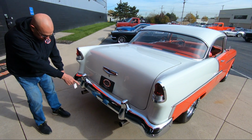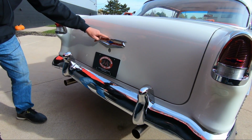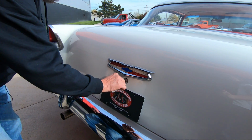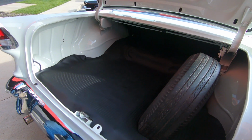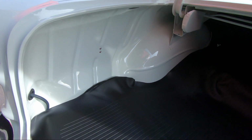You can see it's got dual exhaust coming out. We got great looking chrome on the back. Again, the emblem back here looks good. Got a 50-50 chance on the key, and look, I got it right. Look at that trunk. Just think how much time somebody spent on that, doing body work on that, so they